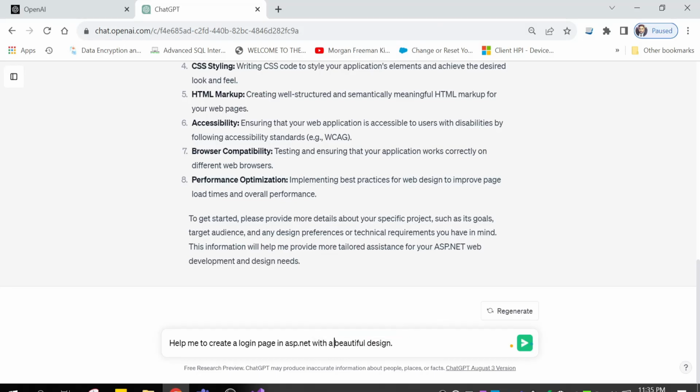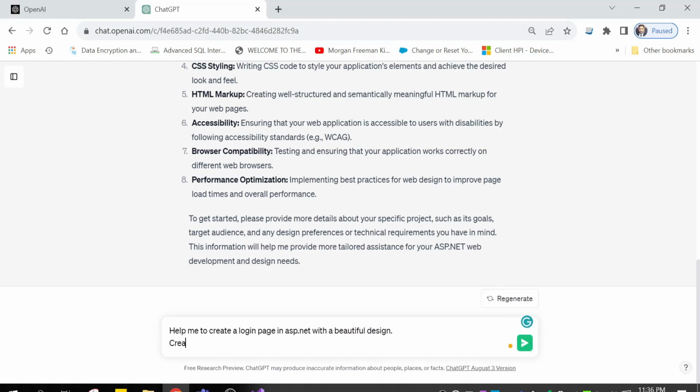Now we are going to take help from ChatGPT to create a login page in ASP.NET. Help me to create a login page in ASP.NET with a beautiful design. Create a web page with C# code, and we need CSS design also. Let's write, I need